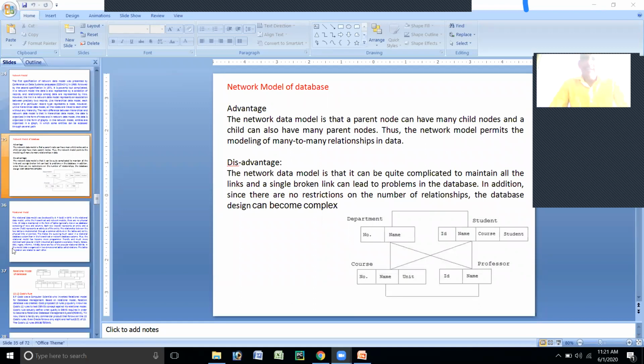So we have completed two models now. One is hierarchical, which is over, then the network model is also over. It means in the exam, if this question comes, then you can write first the explanation part, then advantage, disadvantage, and diagram. These are a must. Explain any model. Three models are important, even from an exam point of view.